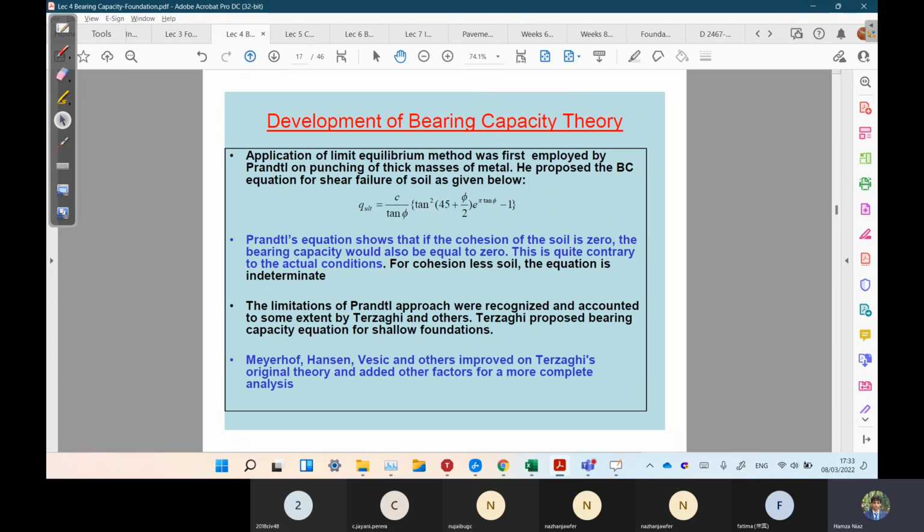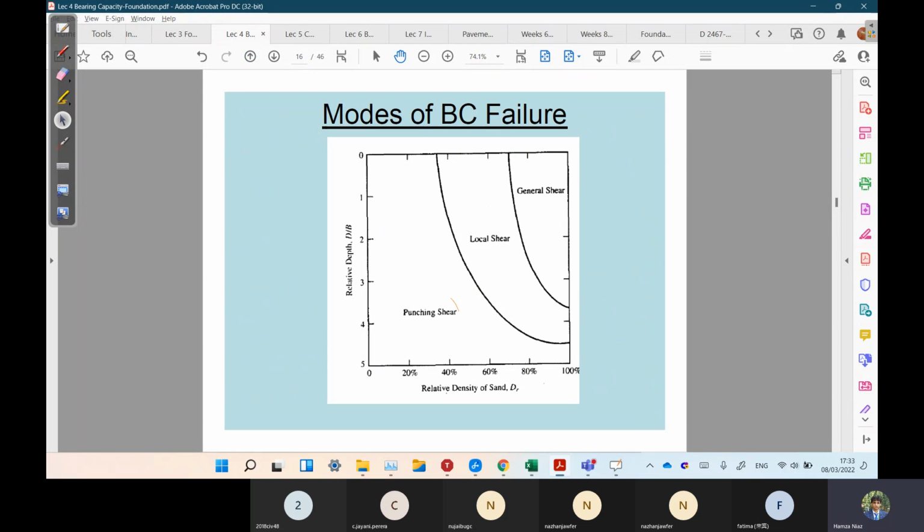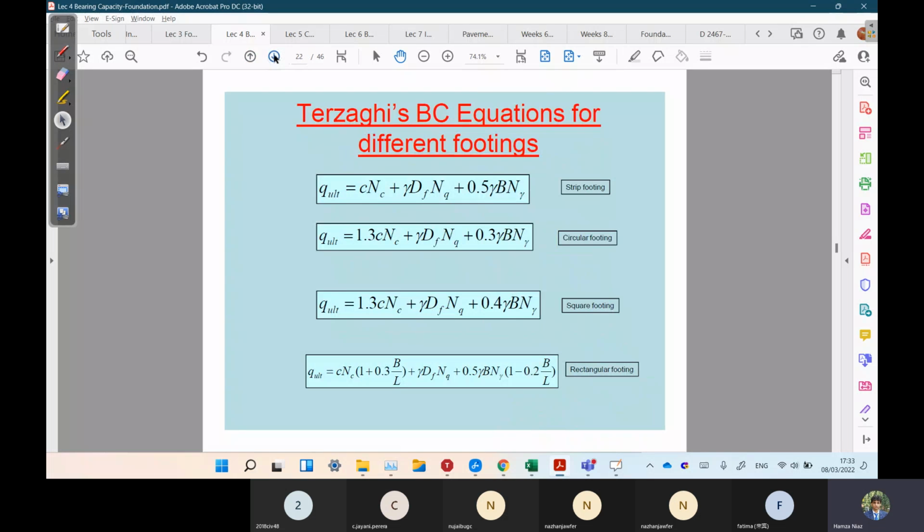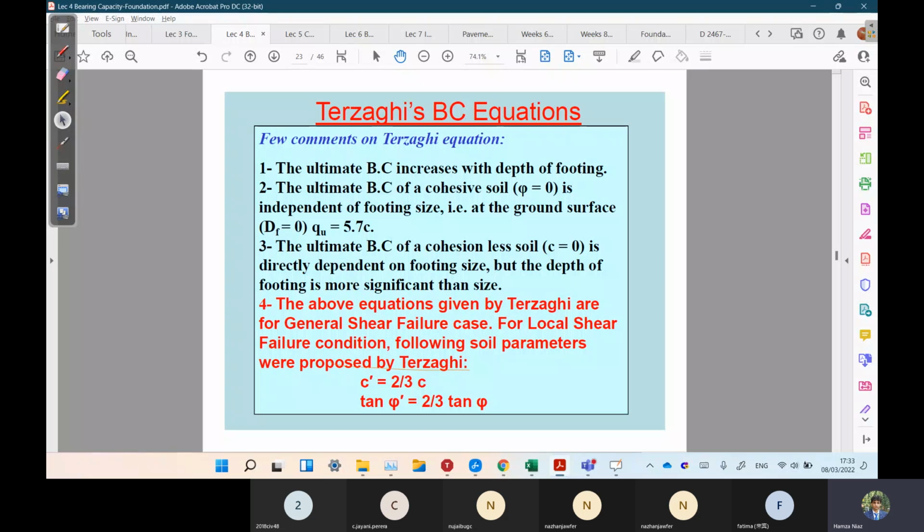Hansen or Meyerhof also proposed another one. They proposed this punching shear one. So simply for Terzaghi's one, we have to use these values. We have to simply multiply them by 2/3. Whatever the value C was, simply take 2/3 of it, and whatever the value of tan phi was, we have